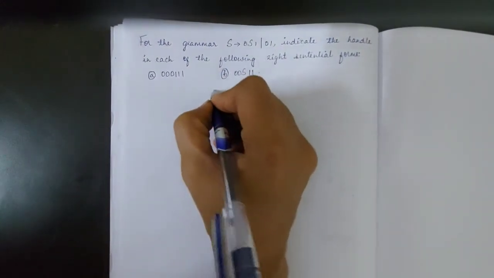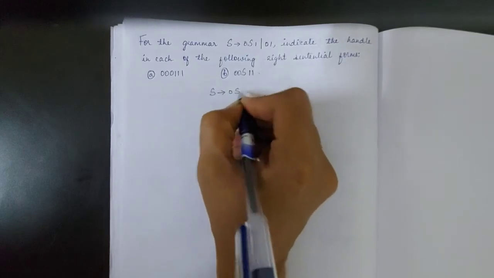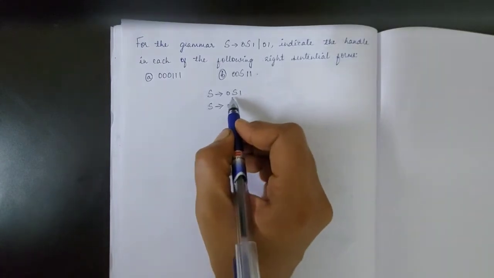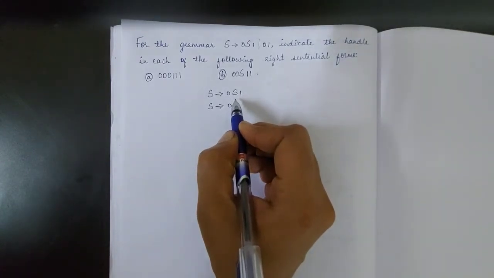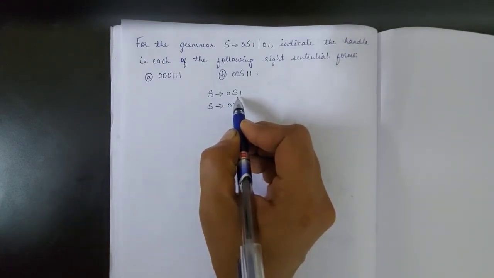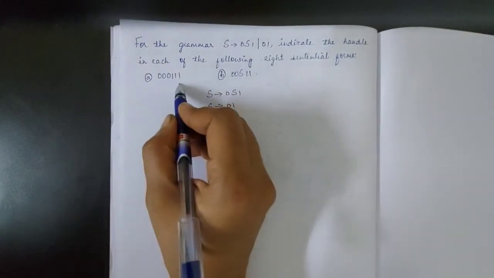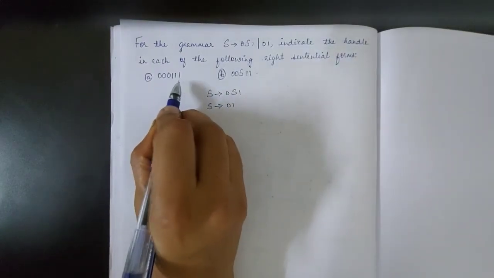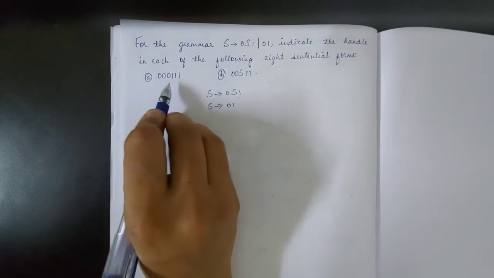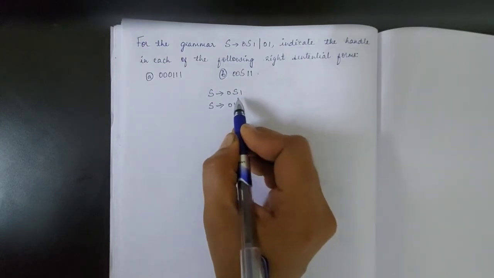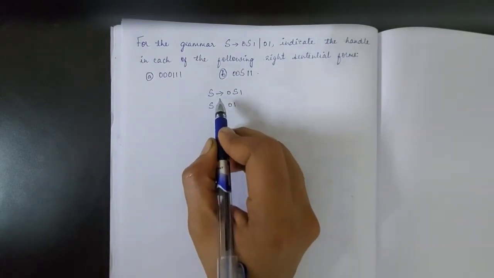So this is the grammar that is present. S derives 0S1, and S also derives 01. In this grammar, a handle is a substring that matches the body of a production, and whose reduction represents one step along the reverse of the rightmost derivation. So it is in the right sentential form, and hence we do the rightmost derivation, and when that rightmost derivation is done in the reverse order, the body of the production can be replaced by its head. So that becomes the handle. We will understand this using this example.